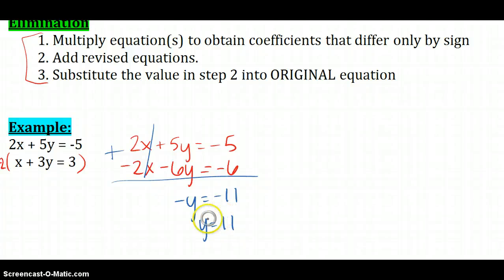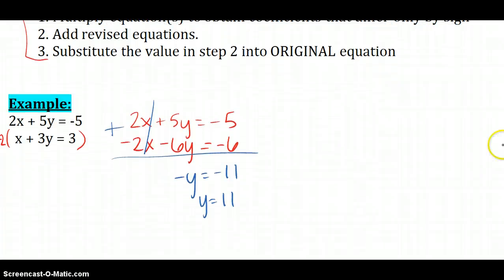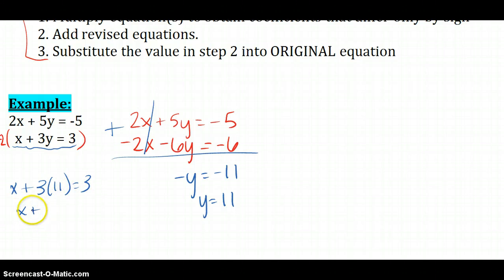So then my last step is to plug 11 into either one of these equations to solve for x. It has to be one of the original equations, not one of these that you've multiplied. One of the originals, so either one of these. I'm going to plug it into the second one just because. It doesn't matter which one you plug it into. So I'm going to plug 11 in for y. And if I subtract 33, x equals